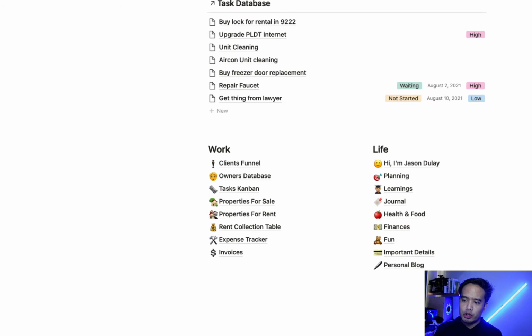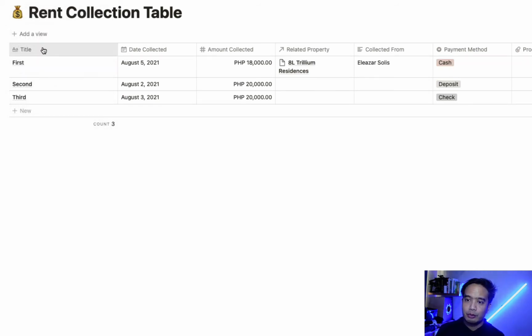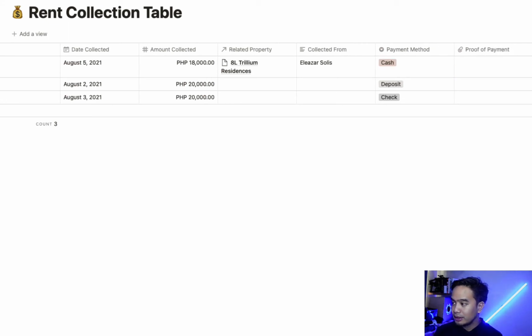The rent collection table shows us the rental collections that you've made. So there's a title, you can just put first, second, third. You can put the property name or anything, but what's important is there is a title. You have to put a title for each record in the database, which is kind of weird. So you just put a text title, the date that it's collected, the amount, the property it's collected for, who you collected it from, what kind of payment method they used, proof of payment, there's a picture, the renter, if this is related, and